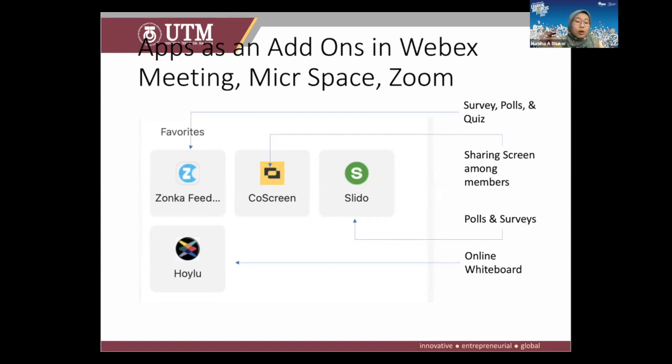However, for teaching and learning purposes, I always tell my students to install CoScreen, and I only use CoScreen when I teach live. If I teach them asynchronously, I don't normally use it. You can use CoScreen outside of Zoom, WebEx or Microsoft Teams. You can also use CoScreen inside WebEx, inside Microsoft Teams, and inside Zoom. So you can have both. But I only use CoScreen when I teach students live, because I want to show everyone